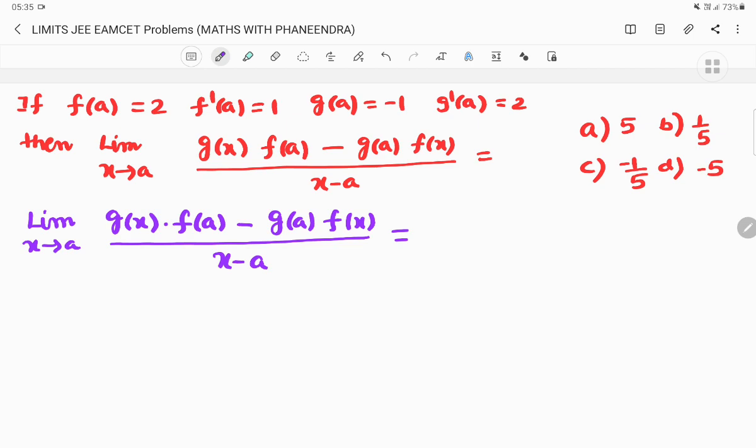If we substitute x is equal to a, we are going to get 0 by 0 form. So it is indeterminate form. So this time only you can apply L'Hospital rule. So by applying L'Hospital rule,